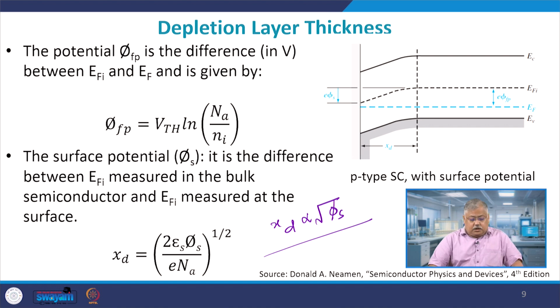We define another term which is basically the potential phi p, and is given as thermal voltage VTH, which is 26 millivolts at 300 Kelvin, times natural log of Na by Ni, and this is known as phi p. I will explain another way later on, but that is the value of phi p, right. So this to an extent gives me an idea about the depletion layer thickness here,